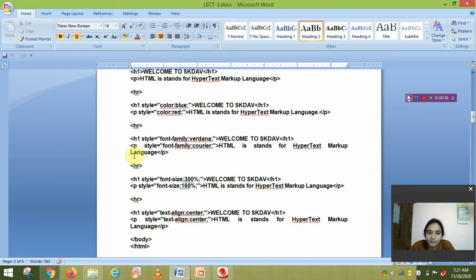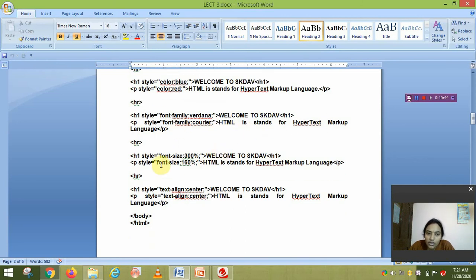After that, here we only defined the color. But here we set the different type of style, text style. Okay. Here style equal to Verdana for this heading welcome to SKDV, and for this paragraph style equal to font family equal to Courier. Okay. Now here in the next two lines, we set the size.